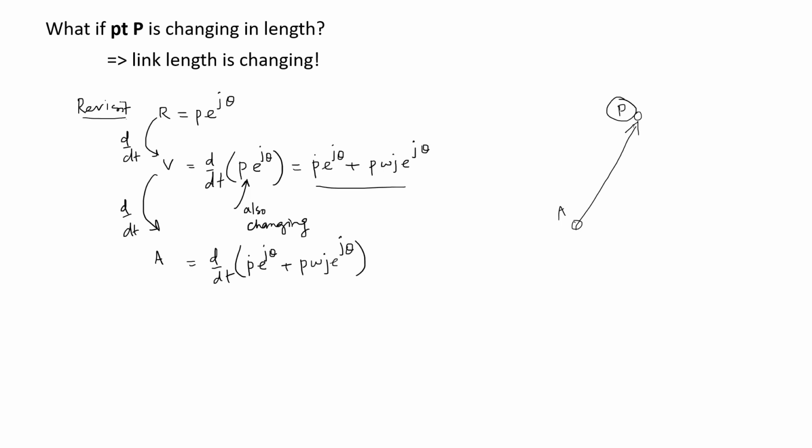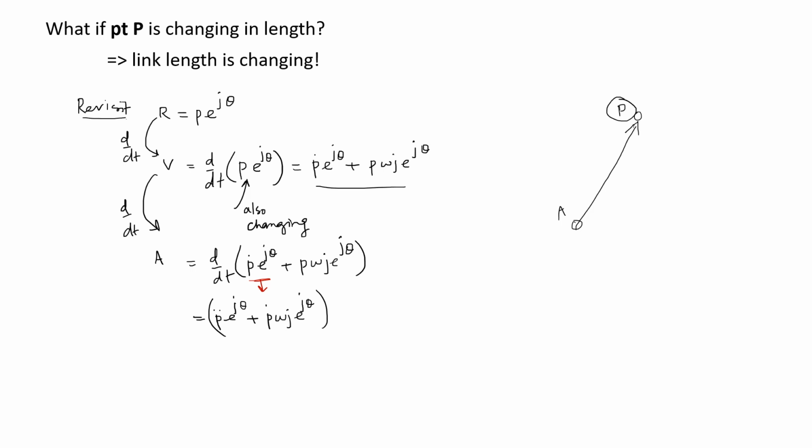And when we do that, you're going to have one component which appears like p double dot e raised to power j theta, and then another like p dot omega j e raised to power j theta. So this is the time derivative of this term over here,